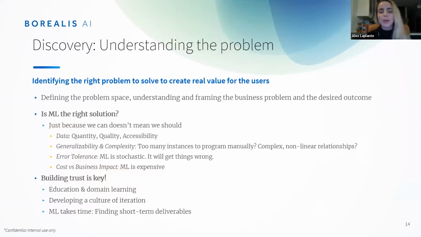And of course, as product managers, you guys have all been here, done that. And a lot of the tools that exist for navigating discovery from traditional product management definitely apply here, and we use many of them. Discovery for us is really about identifying the right problem, understanding the problem space, framing the business problem, making sure we pinpoint that desired outcome, right? So that probably doesn't look any different from what you guys would deal with in your day-to-day. So I'm really going to spend time highlighting what makes us different.